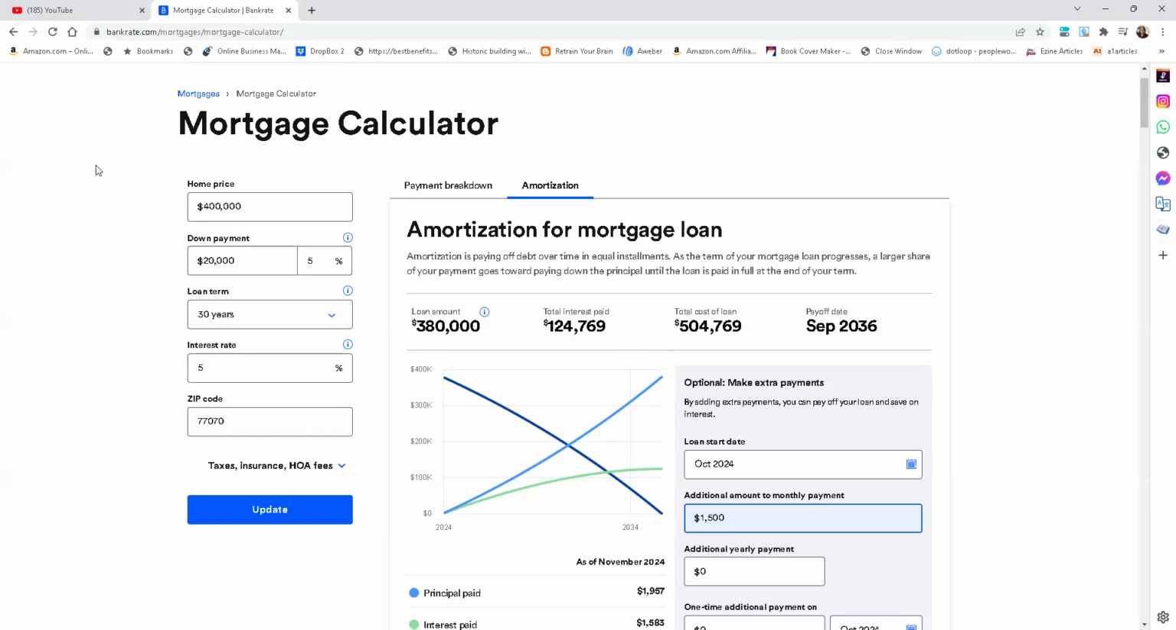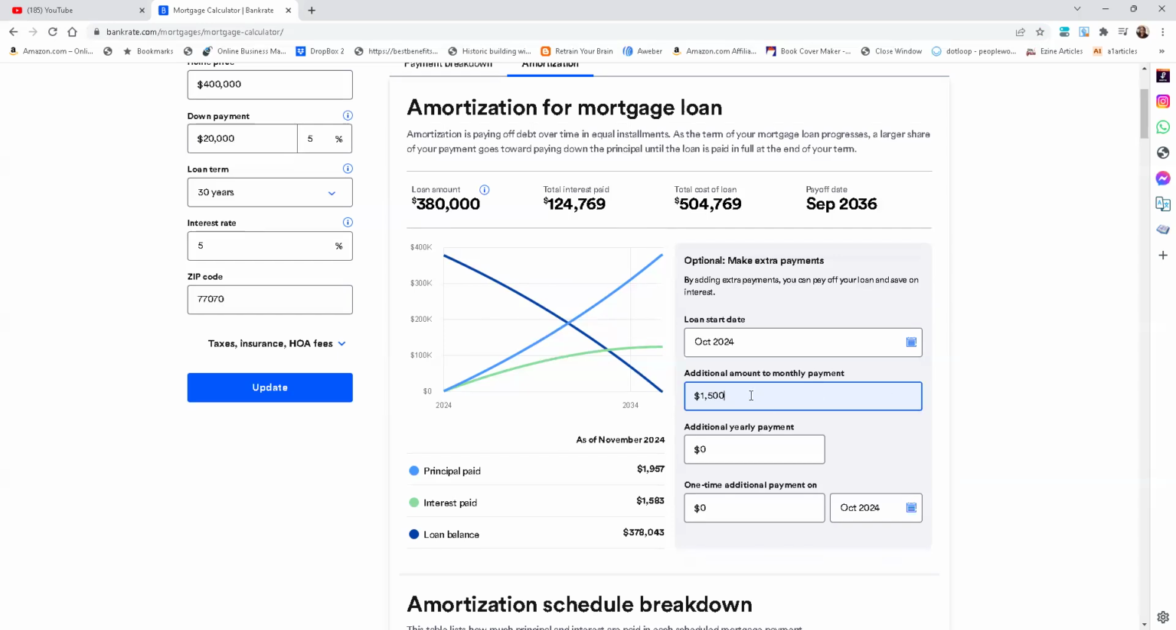But for now, I just wanted you to see how to use this mortgage amortization calculator to see if you were to add extra money towards your monthly payment, how fast can you pay that mortgage down? And let me do a couple more examples. Let's say you had an extra, let's say, $400. But remember, we're looking at